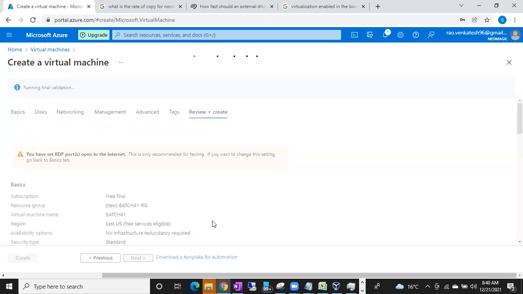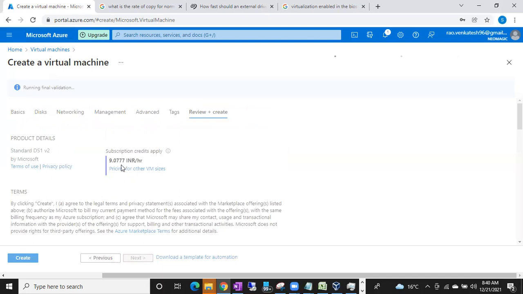That's it. It will prepare an image. Now you can see how much it will charge. 9 rupees per hour, your VM will be charged 9 rupees per hour. Anyhow, you are going to get 14,000 rupees as a credit. It will charge from that 14,000, so no need to pay from your pocket. Once that 1 month is over, create one more account with the same credit card. You can use the same credit card, but you have to change your mobile number and your email ID. So simply click on the create button, guys.